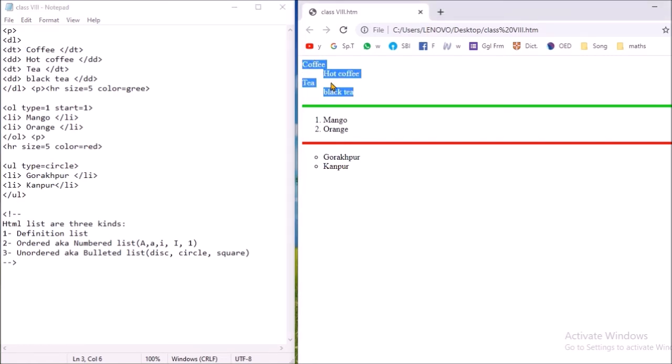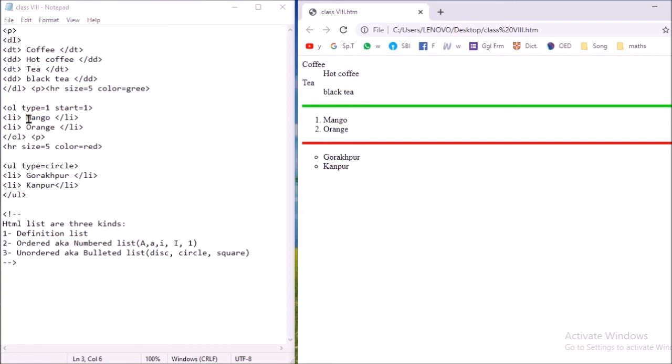It is not given in your book, but in reality this is also a kind of list in HTML. So coffee, these are the definition terms, and these are the descriptions of the definition terms. It is less known, less famous.